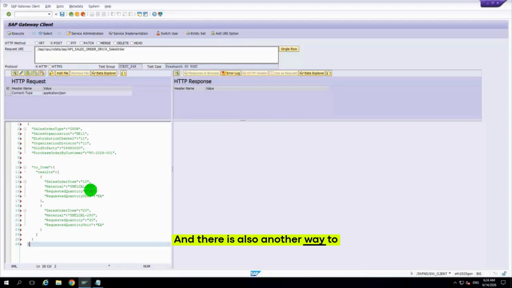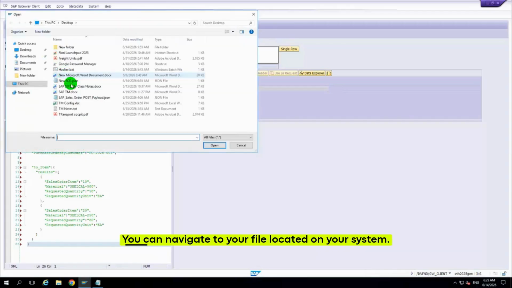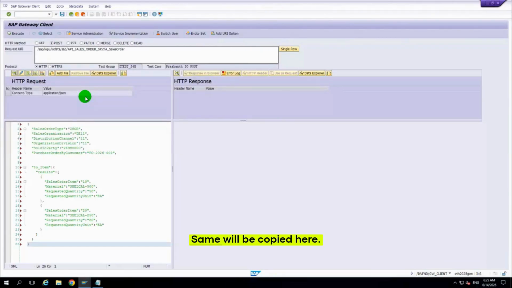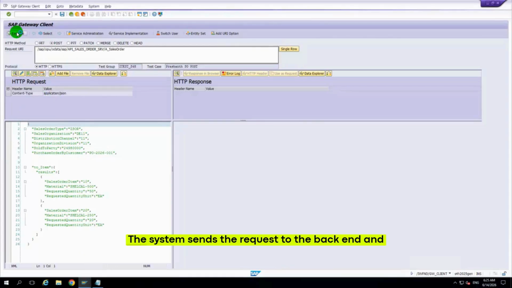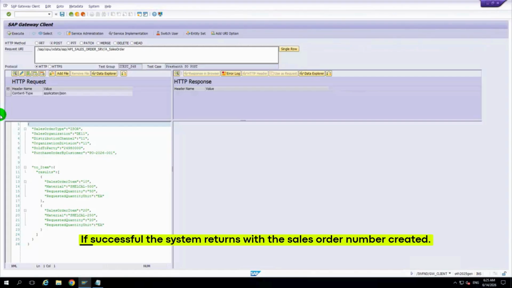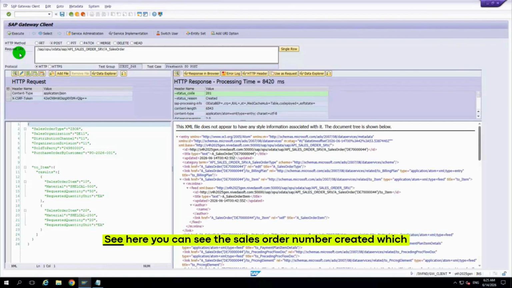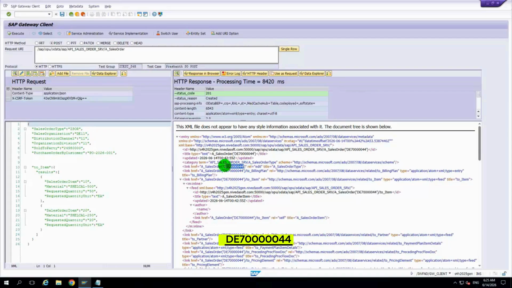And there is also another way to upload the file. By clicking on add file, you can navigate to your file. The same will be copied here. Now we need to execute this post request. So click on execute. The system sends the request to the backend, and if successful, the system returns the sales order number created. See, here you can see the sales order number created, which is starting with DE,